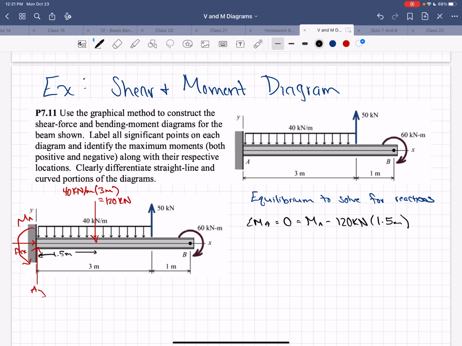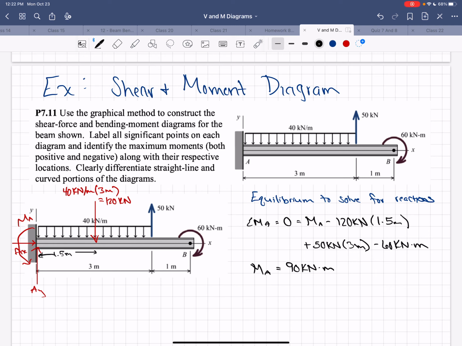Then we have this point load, so that would be plus 50 kilonewtons times 3 meters. And then the applied moment is in the negative direction, so we have minus 60 kilonewton meters. And we find out that the moment at A, the reaction moment, is a positive 90